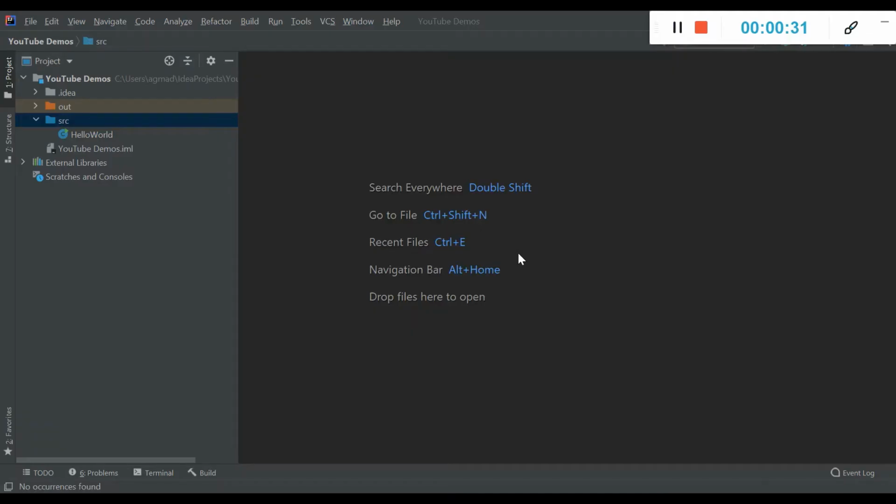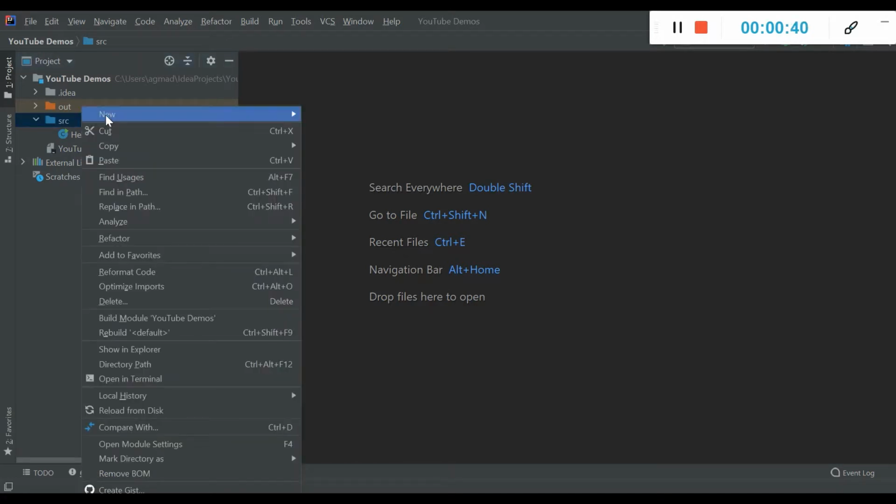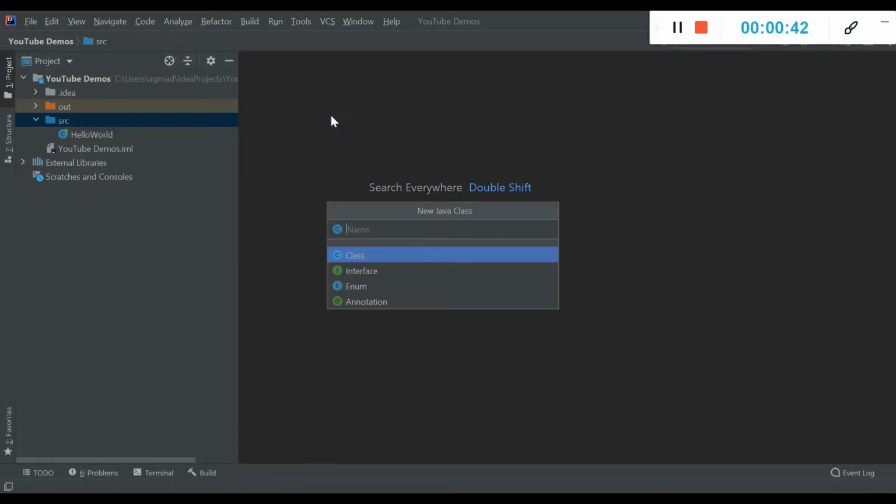Hello and welcome. Today we'll be creating a program using the scanner in Java. So we're going to start off by creating a new class in our source folder. We're going to call it scanner program